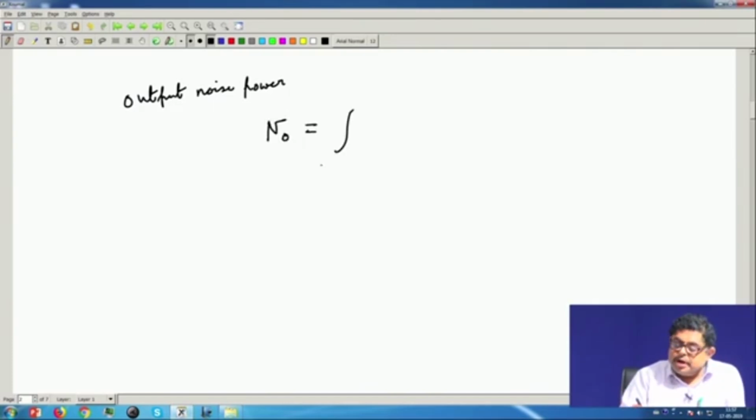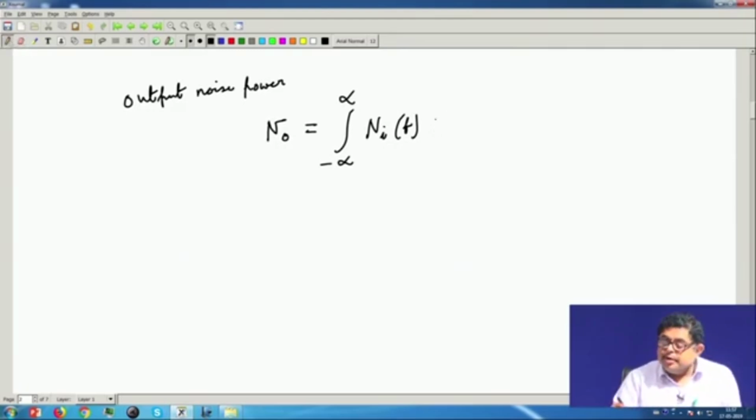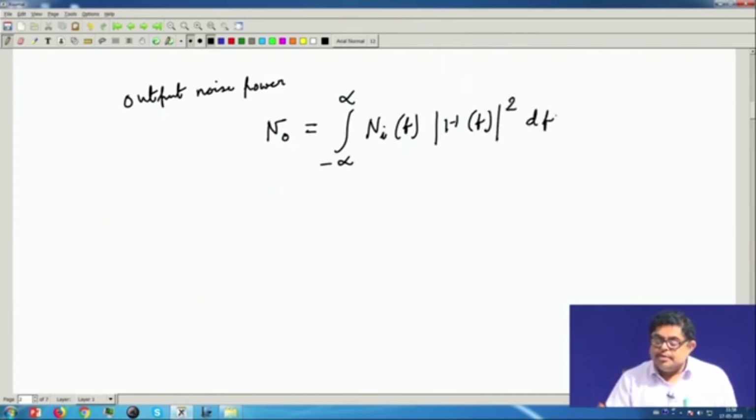It is the integral from minus infinity to infinity of N_i(f), then it has passed through the matched filter, so I will write |H(f)| squared df, where N_i(f) is